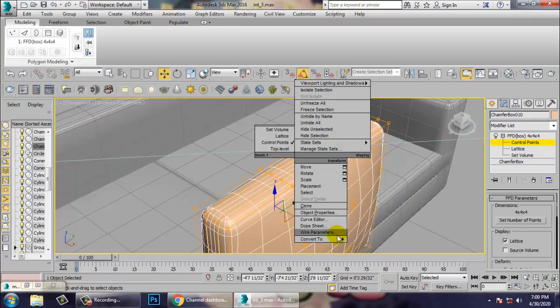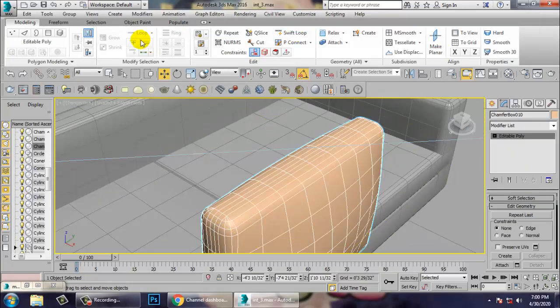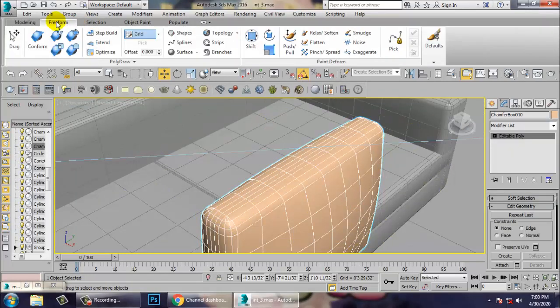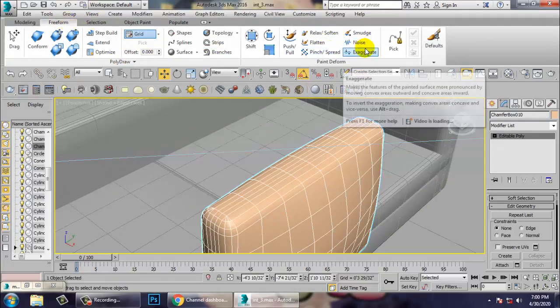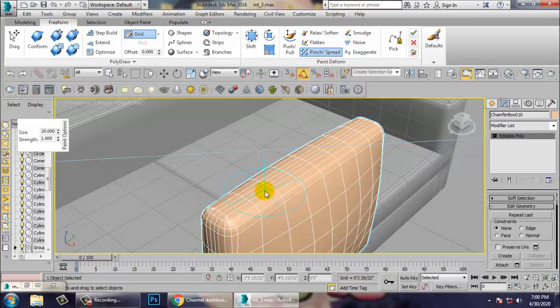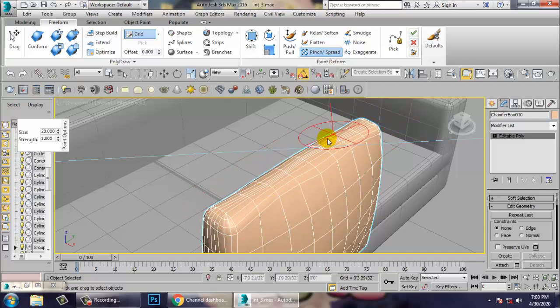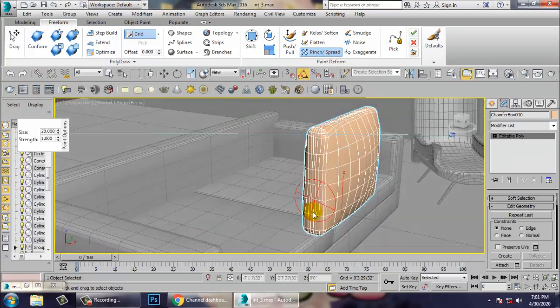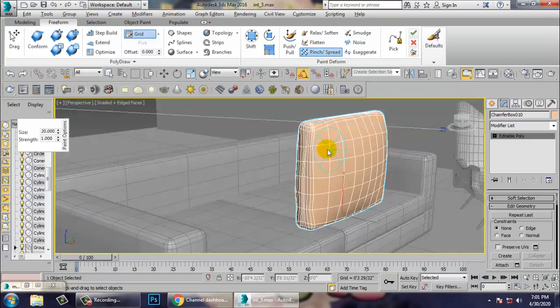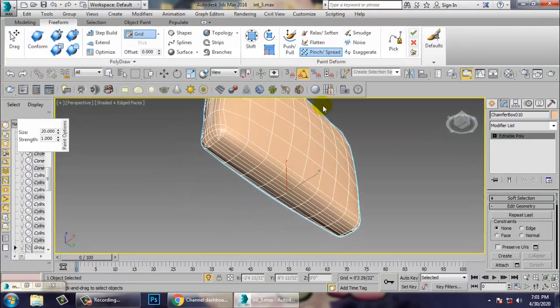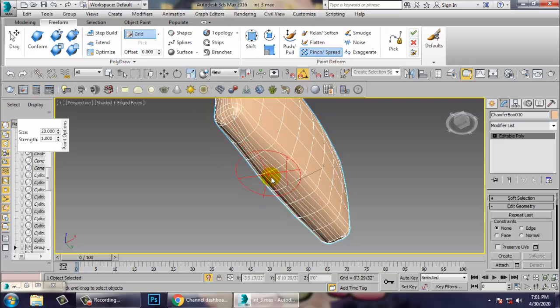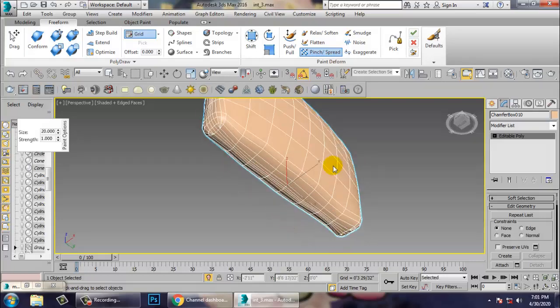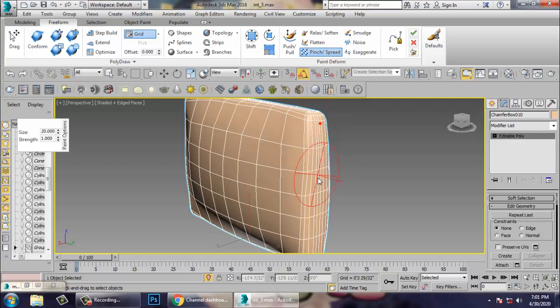So just convert to editable poly over here. Let's go into this freeform option, and you have an option over here that's called pinch and spread. Let's use a bit of pinch and spread over here.